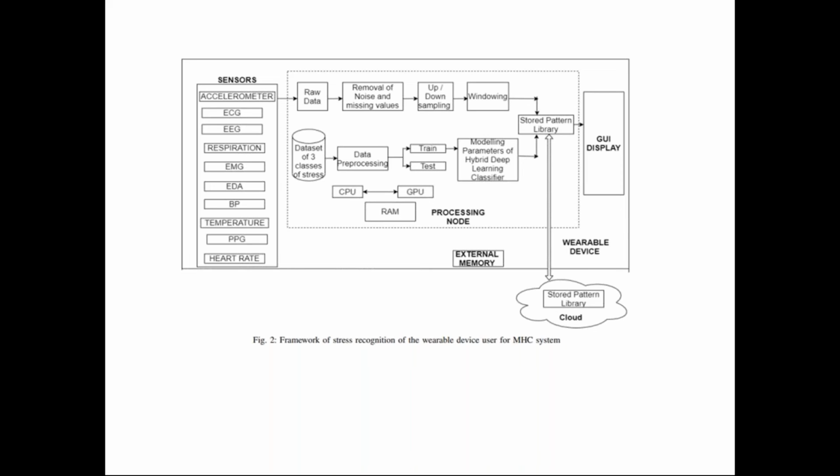the library. On the processing node, when the person is continuously being monitored for stress, those parameters will also be evaluated, and whatever value was obtained was displayed on the GUI. Now, the graphical user interface could be used, or it could also be transmitted to other stakeholders to see the monitoring of the person. All the parameters which were stored in the pattern library can also be kept on cloud,